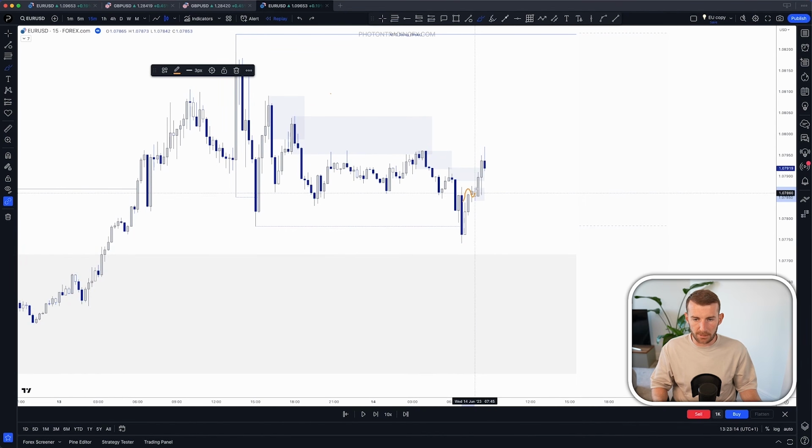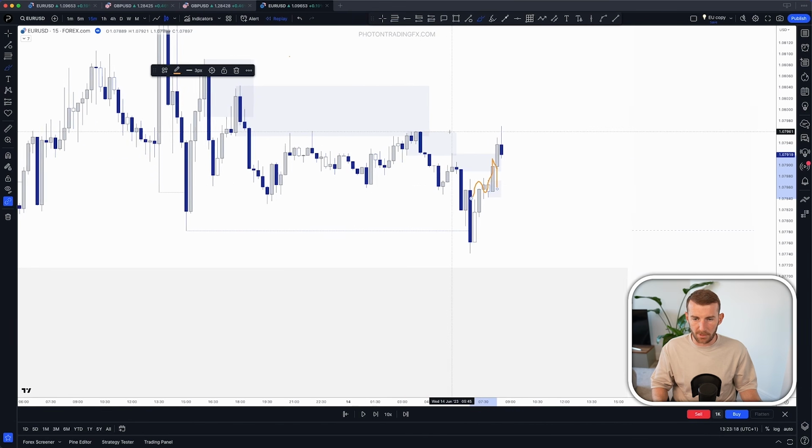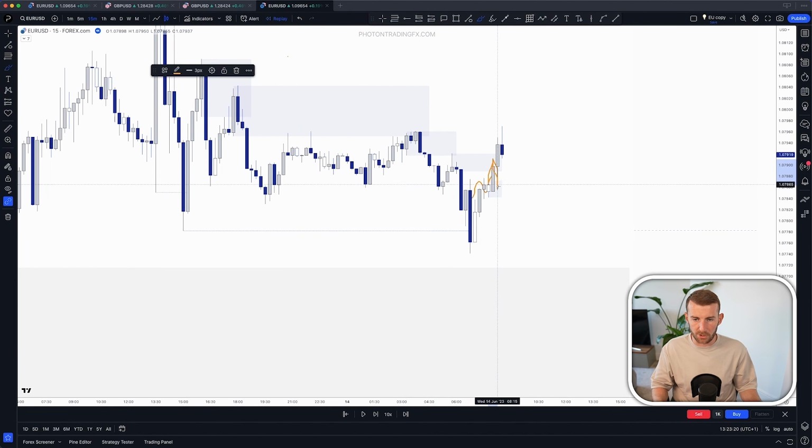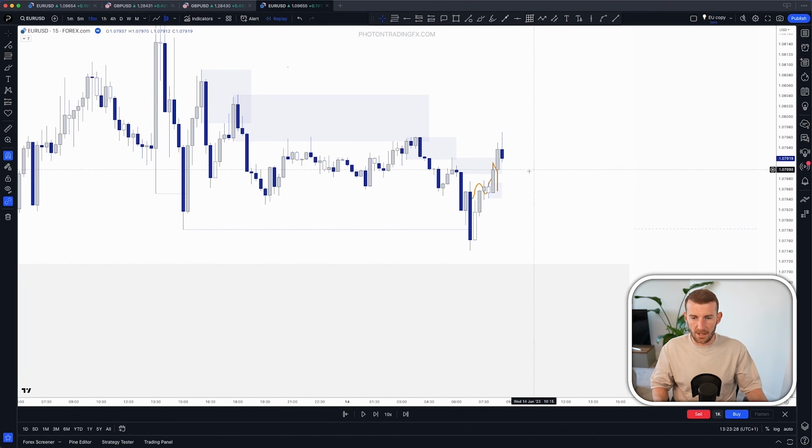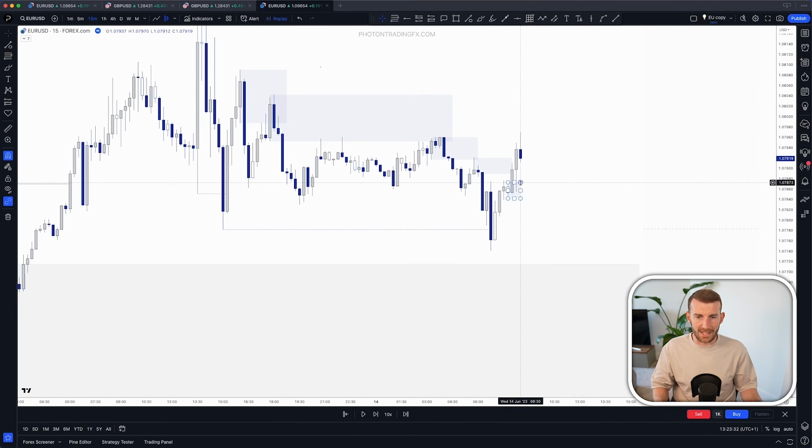We're seeing demand be respected, right? We've come in, we've flipped this level of supply, be a bit clear on a lower time frame, but you can see how we came into supply, we reacted, we pushed down, but what did supply fail to do? It failed to make a lower low. Demand has now held, and now we've pushed up to the upside, okay? So when I saw this, all of that combined gave me strong confidence to go, okay,